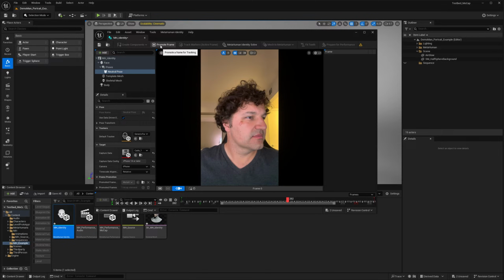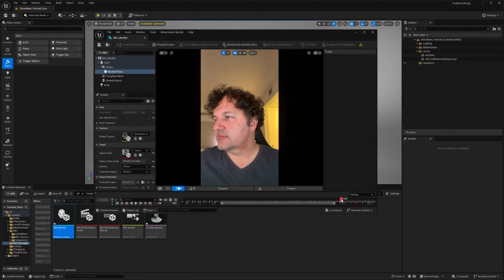You're going to click Promote Frame on that as well. It's going to do the same thing. So you can see now we have frame 0 and frame 1. If I click on those, it's going to go between them. Click on this again to unlock your timeline once more, and then find your looking to the right pose, which should be right here. Promote that frame as well. Okay. So once you've done that and you've promoted those frames, the next thing that you want to do is